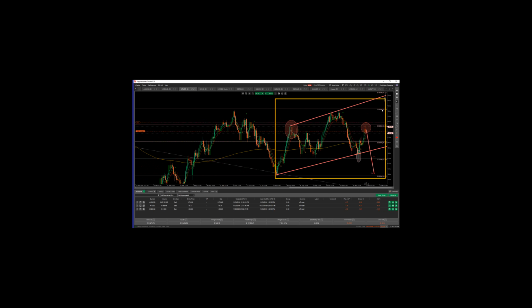Okay, I will give the floor to Stefan and Adam. Let them talk a little bit. If you all remember this picture here, this is exactly from the last workshop. I went over this in the last workshop, and I clearly explained that oil has created a head and shoulders and is most likely going to be heading lower. We're going to be confirming this with today's chart. Most likely we will be doing this, and we have already sold the pair here. So Stefan, Adam, the floor is yours.